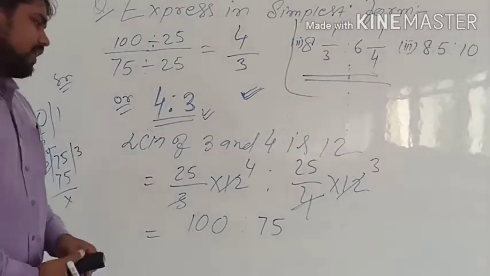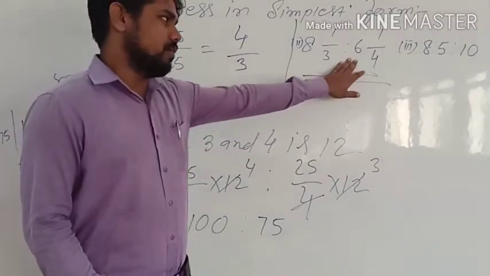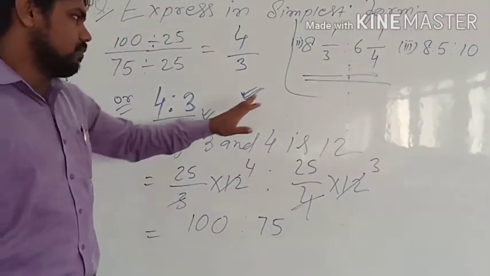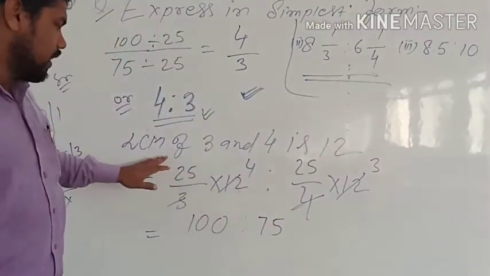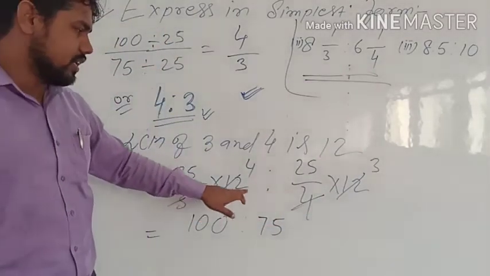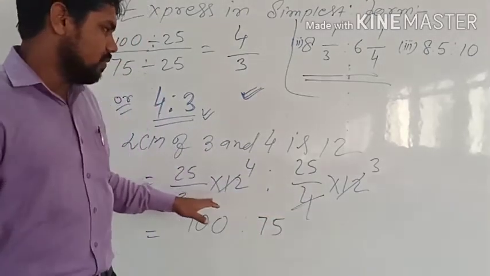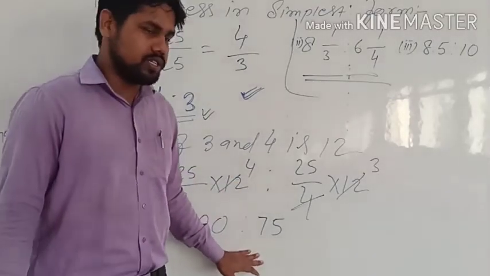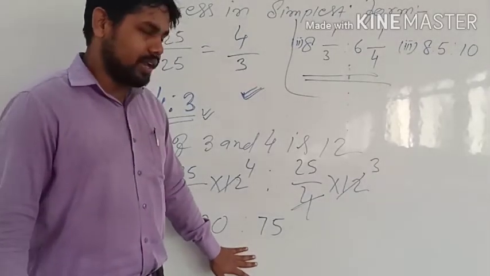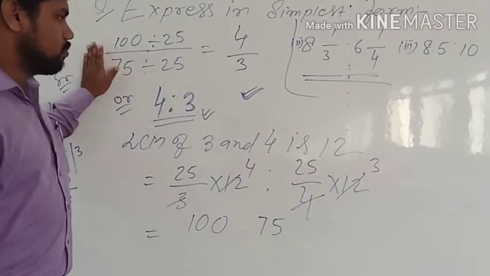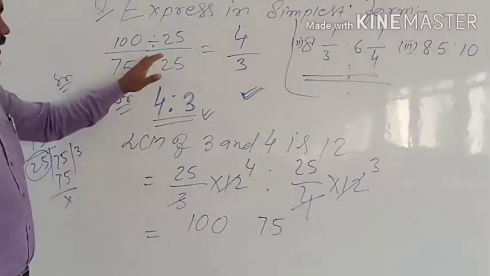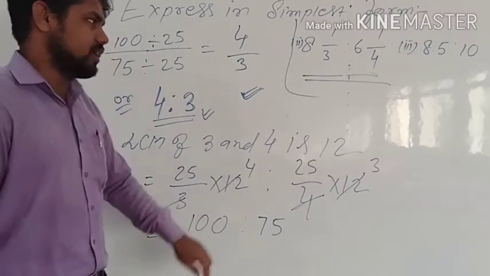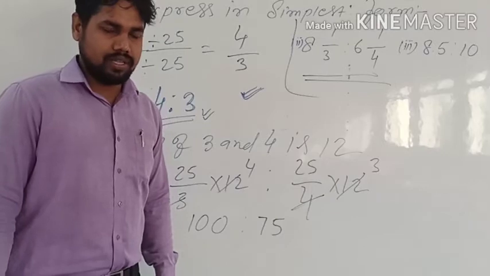Okay, so a very important thing. First, whenever this type of mixed fraction is there, you have to convert it into a normal fraction, and after converting into normal fractions, you have to find the LCM of these two numbers. After finding the LCM, you have to multiply the fractions by the LCM, and after multiplying, you can reduce it into the lowest ratio. Whatever ratio you get, you have to find the HCF of those two numbers. We found the HCF of 25, and then you can divide both numbers by 25, and you can reduce it into the simplest form. Okay, very easy steps you can remember.